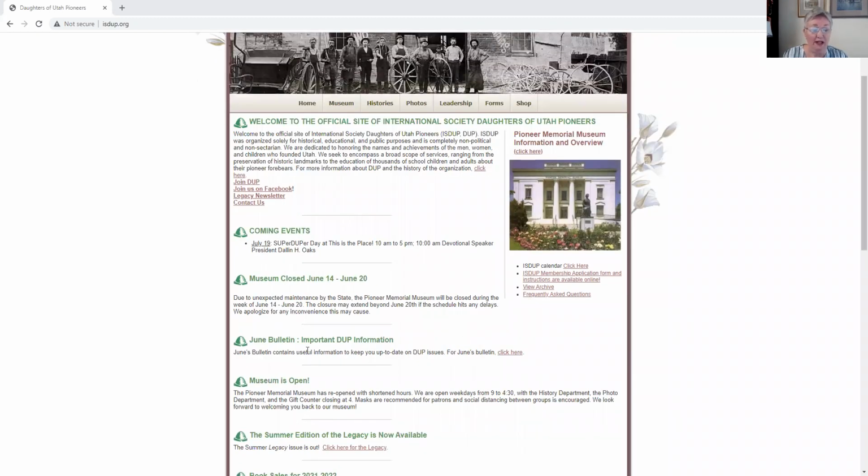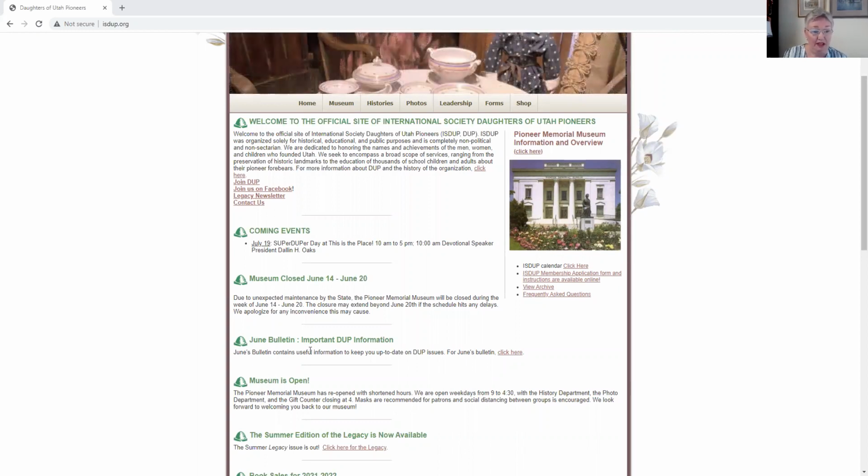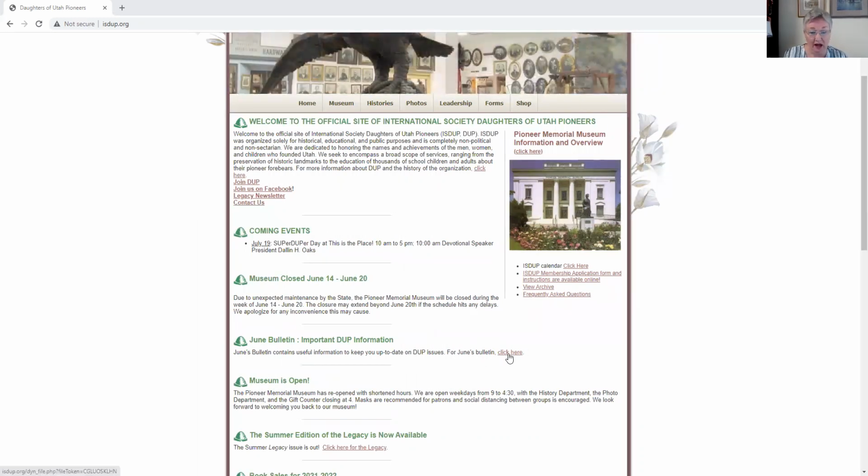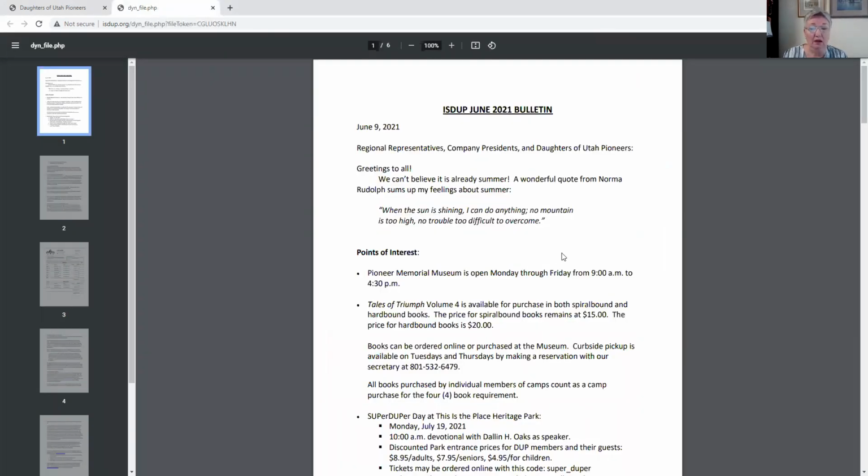An important one is the bulletin. Every month a bulletin comes up on the website. This one happens to be for June. If you click on it, there might be information in there that you as a registrar could use, or always points of interest.